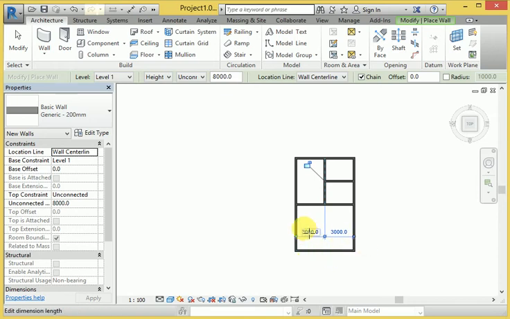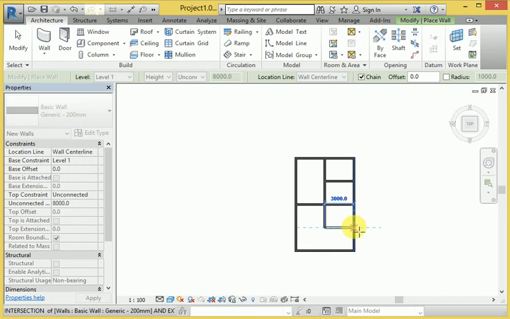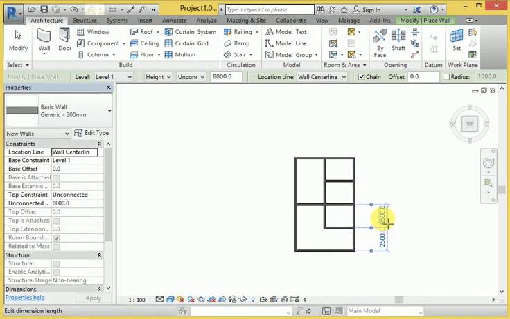If I make this again, go to partition here, and if I want to change for a particular distance, I click here and change this dimension, 626 here.